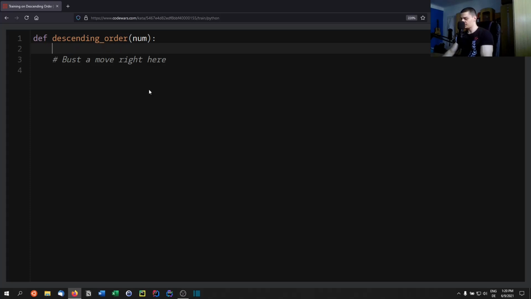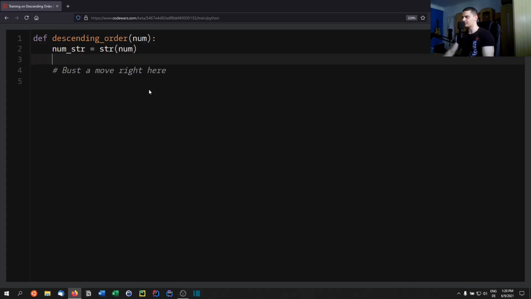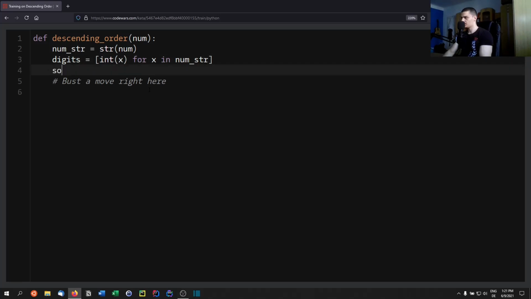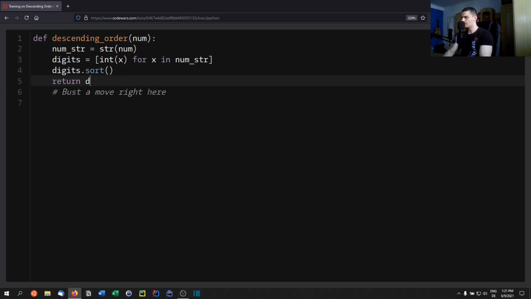Now let's do a very simple thing. We can say num_str equals string of number. So we can definitely do this with a string function. And then what we can do is, of course, we can say, okay, digits equals, and then we can say int x for x in num_str. And then we can say digits.sort, return